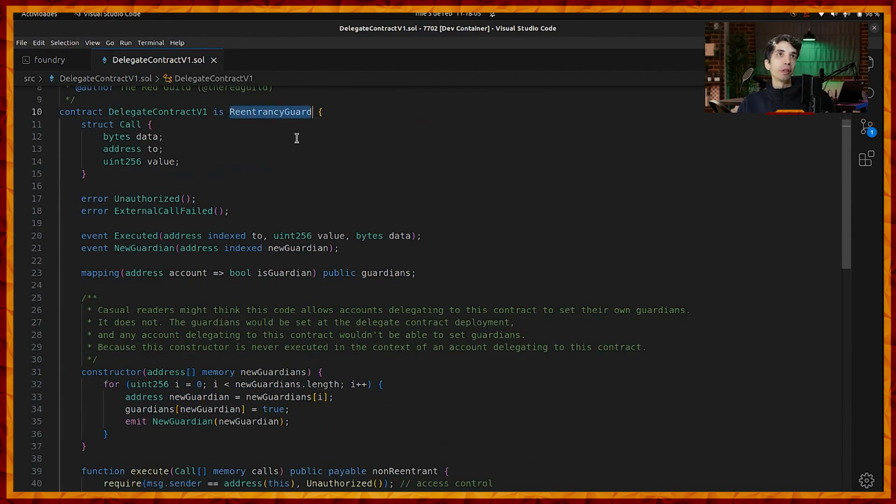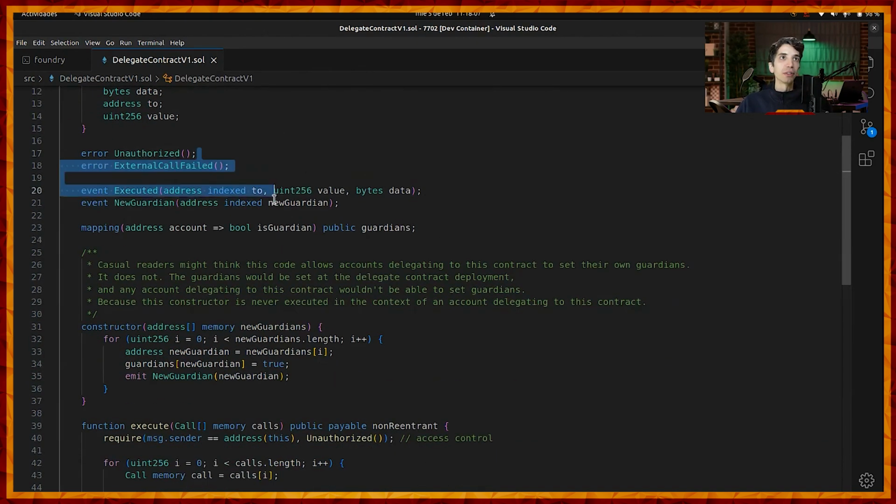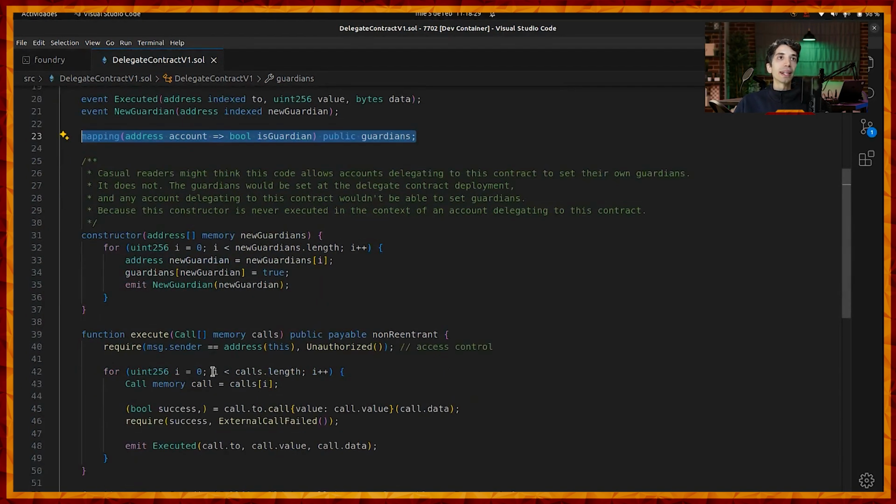We got fancy, we are using reentrancy guard, we are using errors, we are using events, and we are introducing this notion of guardians that I told you at the beginning of the video, in which, well, perhaps 7702 accounts can actually have guardians, and you can have some guardians do some stuff on your account on your behalf. So the account does have